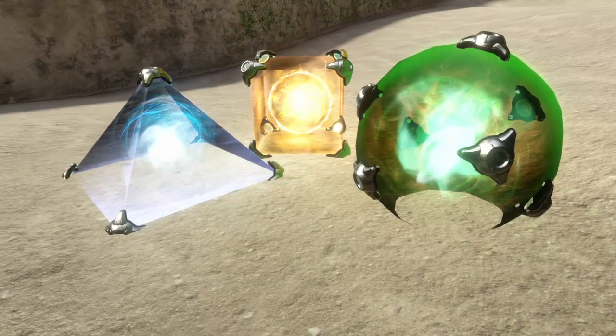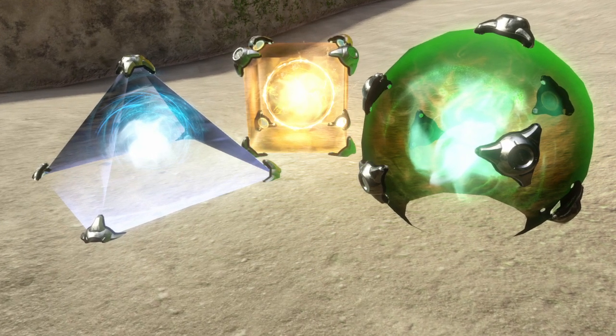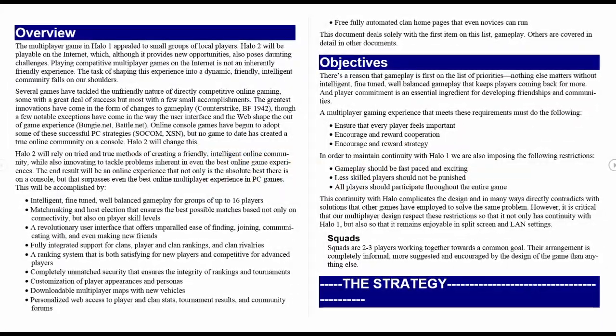It was a whole planned out power-up system that was going to be used in Halo 2's multiplayer, giving it more depth to the overall gameplay. So what were the actual power-ups that would have been used in this lost mechanic? Well, the first one was actually the cut power-up Adrenaline, already mentioned in the design documents in the cut multiplayer